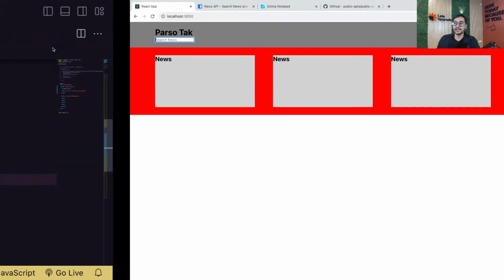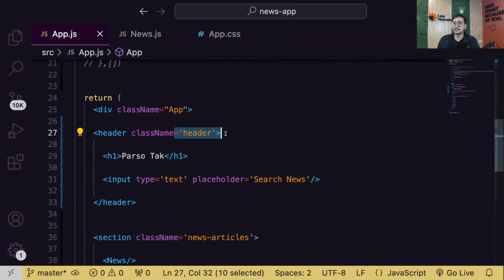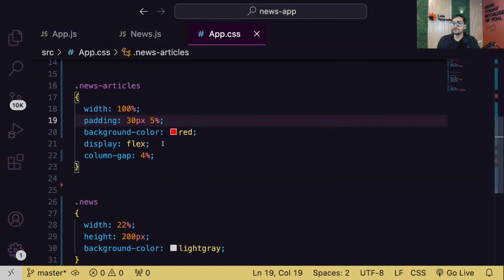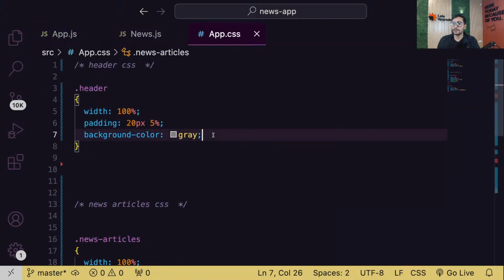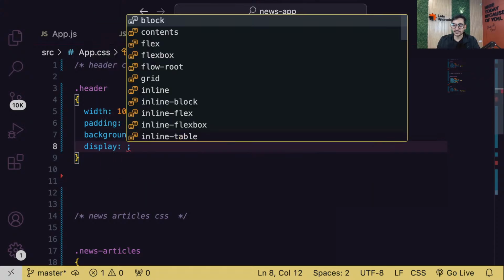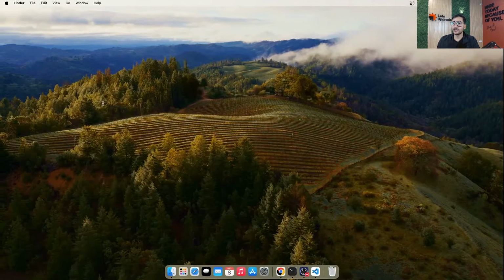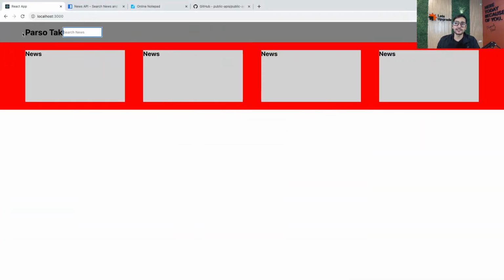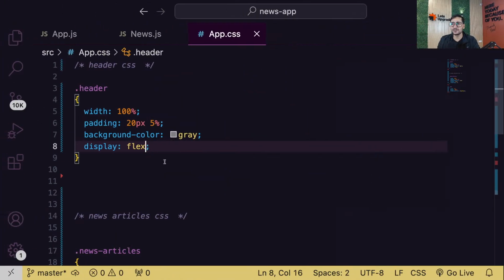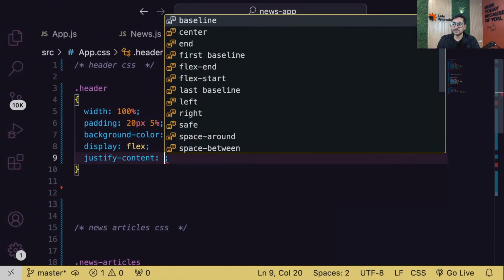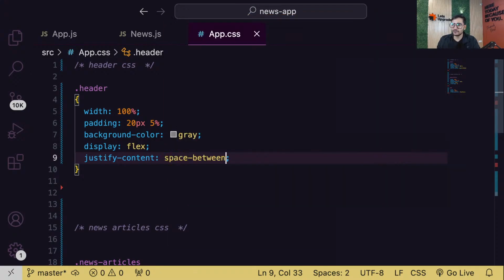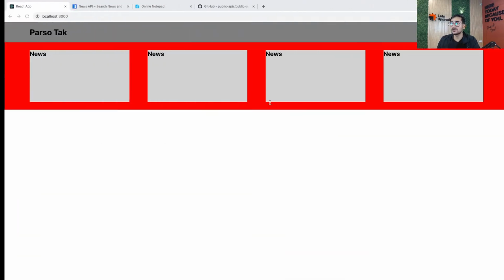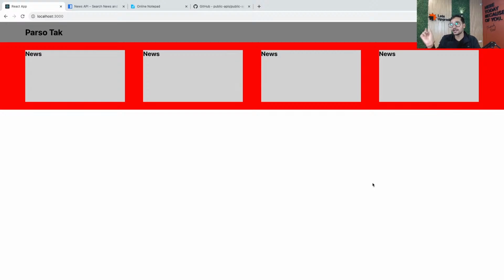Now I want them side by side. So for that, we'll quickly go to the header CSS and we'll ask the header to have a display of flex as well. Okay, simple logic. Now guys, I want this text on the left side and this box on the complete right. So for that, very simple, justify content space between. And because there are only 2 elements, we'll have this on the right side. Amazing, nice, right? Now we have to just make it a little bit bigger and simpler.